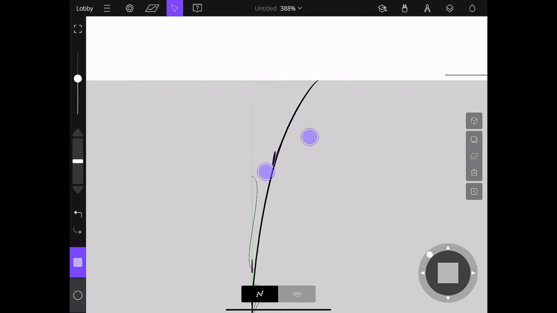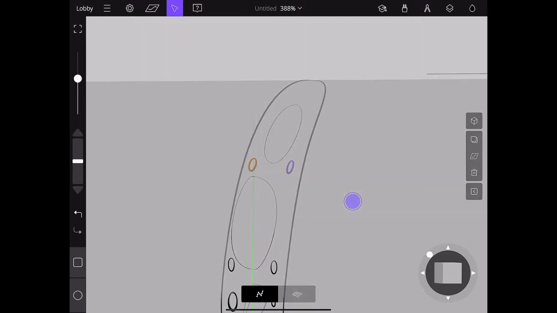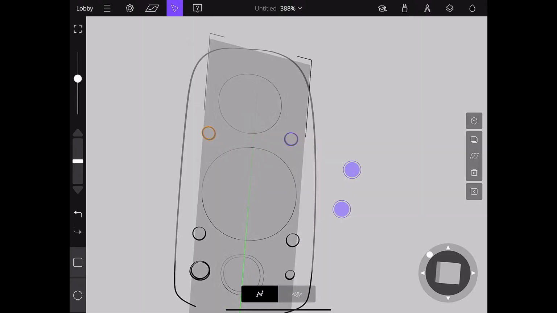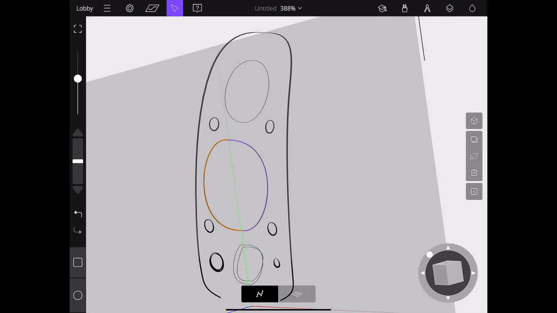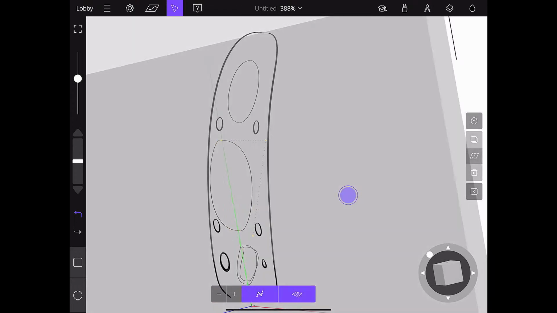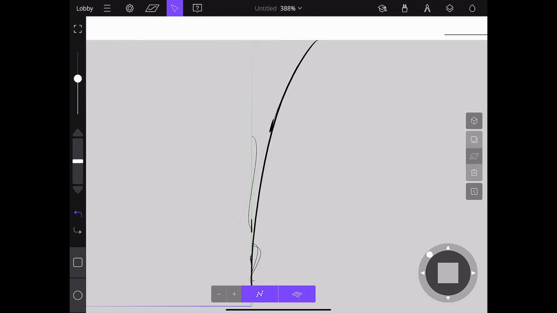Just move those down where they need to be. And then we're going to adjust this circle, side view,